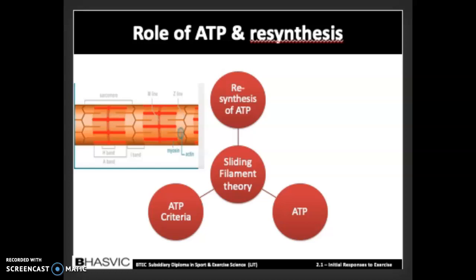This means that the myosin heads are able to bind with the actin binding sites to form a cross bridge. This is the important part, when ATP plays a role in muscular contraction. Hydrolysis of ATP occurs at the myosin head before this, so that the myosin can perform a power stroke, whereby the sarcomere appears to shorten as the myosin pulls the actin closer to the center, sliding past each other,